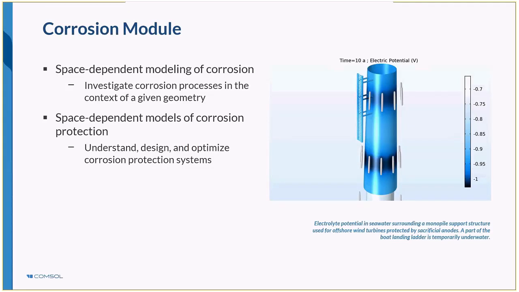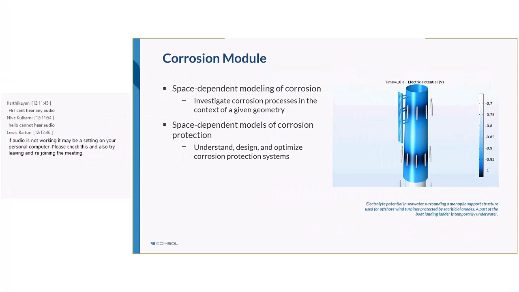The main purpose of the corrosion module and its design is made with space-dependent modeling of corrosion in mind. So it allows you to investigate the process of corrosion for a given geometry, or to optimize the design of a corrosion protection system. So on the right here, we have an example of a monopile being protected by an